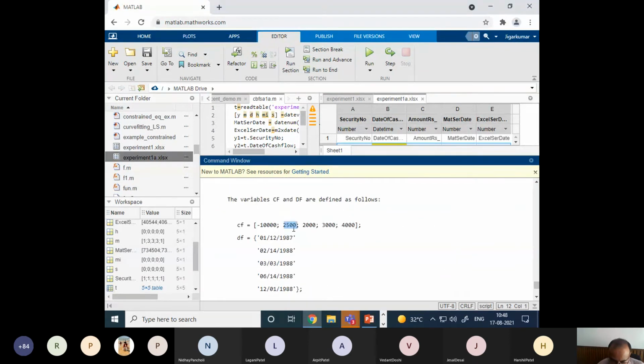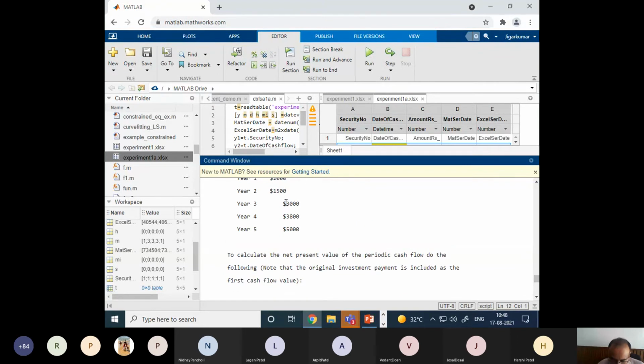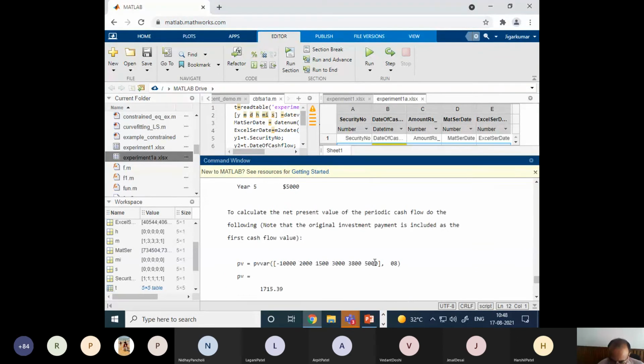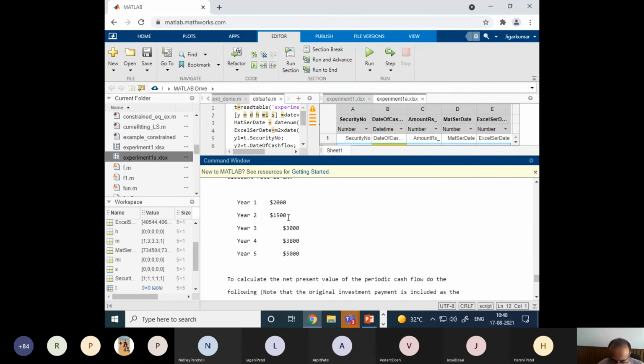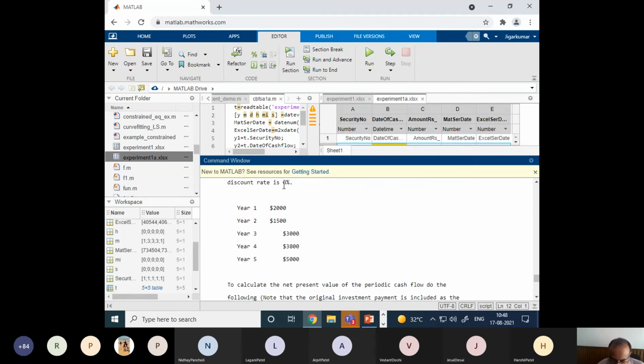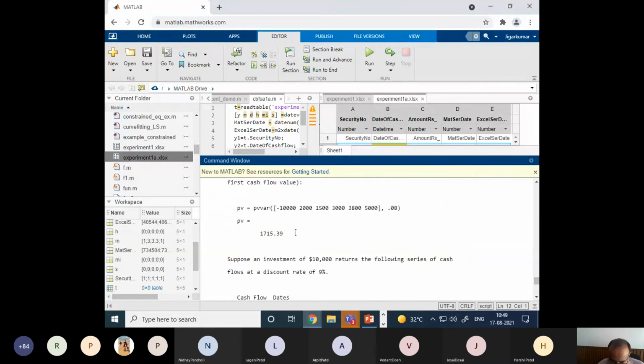Then 2,000. Sorry, I am mixing up this example. Yes, it is 2,000. Then 1,500 and so on. So these all are received amounts, so they are positive. And the rate of return is 0.08. There is no date associated with it, but it is after every year, and the yearly rate is 8%. So no need to specify any date or any other conversion of this interest rate. The interest rate itself is an annual rate, right? And the cash flow itself is annual. So this is our cash flow vector, and the rate of interest is 0.08.